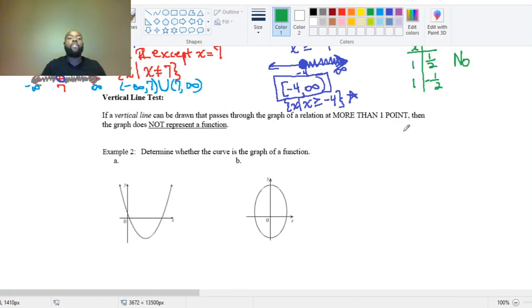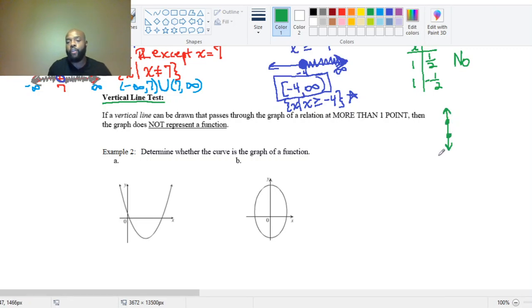We can use what we call the vertical line test in order to help us determine if y is a function of x when we're looking at a graph. Again, it says that it is a function as long as there are no x values that repeat when we have a set of ordered pairs. And so if I could find a vertical line that passes through the graph of the function at more than one point, that means, remember, your vertical line is like this, and if it passes at more than one point,